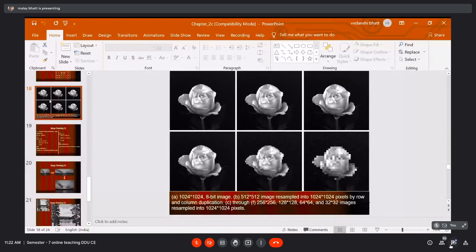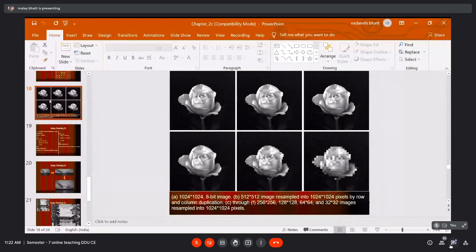It is originally a 32x32 image of a flower, zoomed to 1024x1024 pixels. So you can hardly even imagine that it is a flower, a rose. You cannot imagine that, because you are zooming to so many levels that it loses the details of the image.